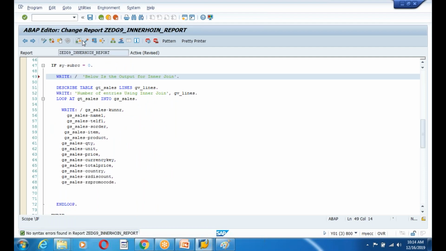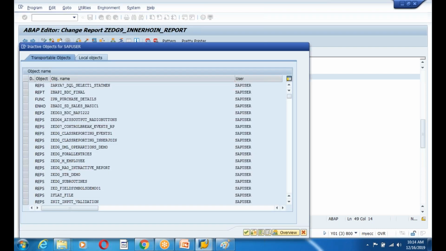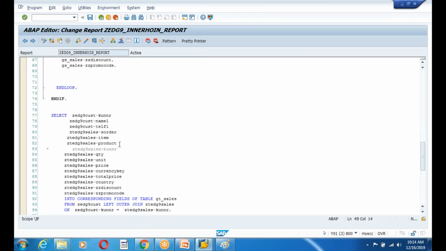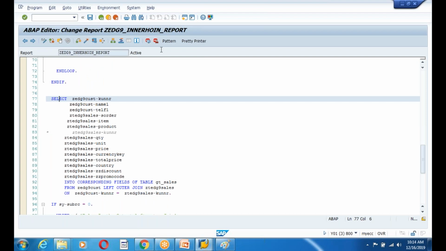Slash is the problem. Okay, or else we'll put the debugging for the left outer join. From left, right outer join, it's working. Sorry, inner join working fine. So